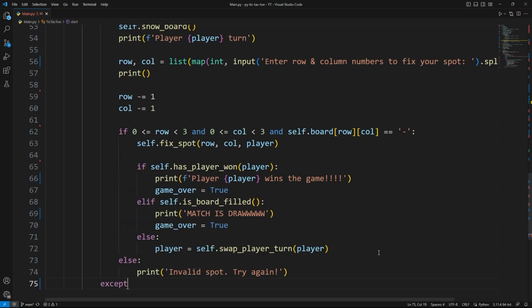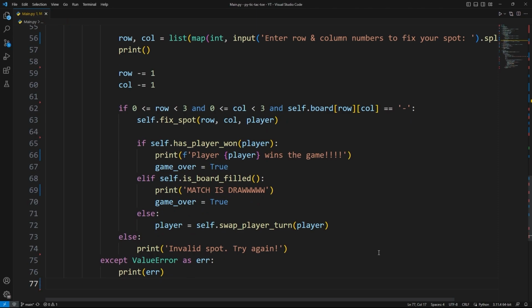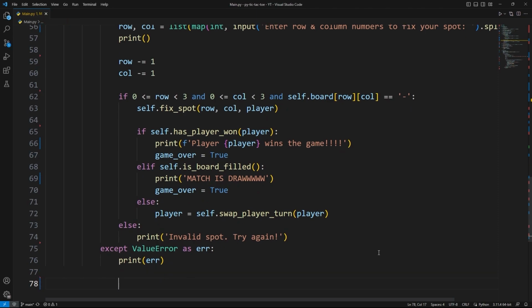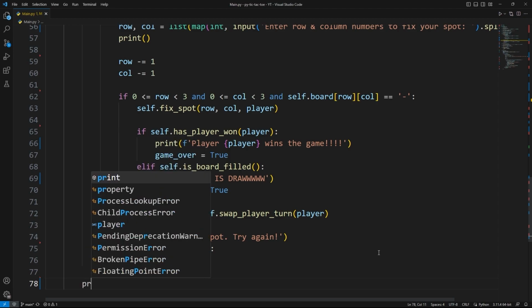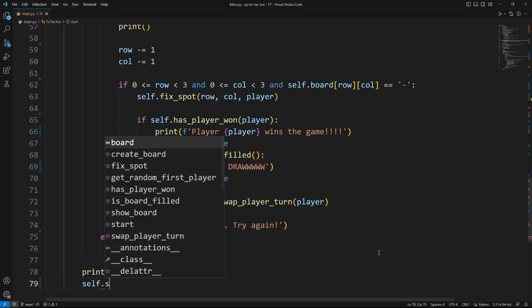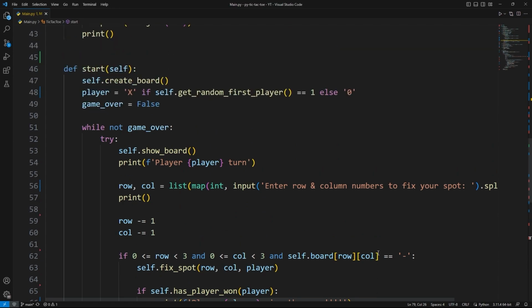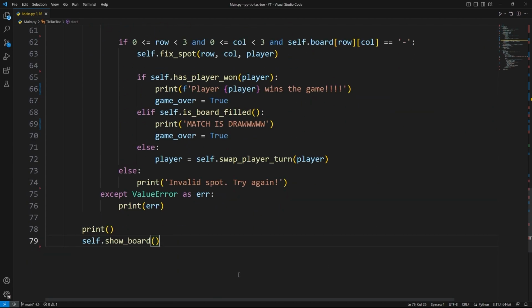Then accept ValueError as error and print the error, like this. Well, now I need to print everything and show the board's current state. All right, so there goes our start function,